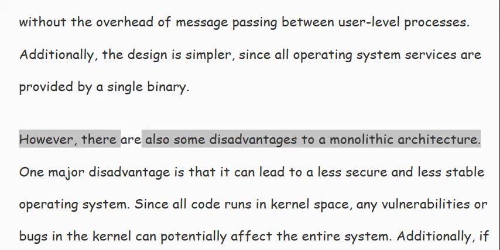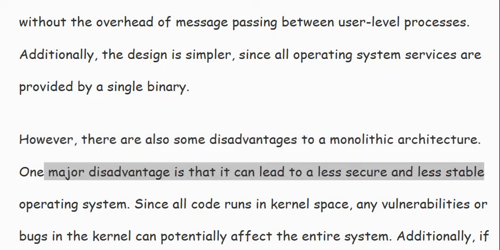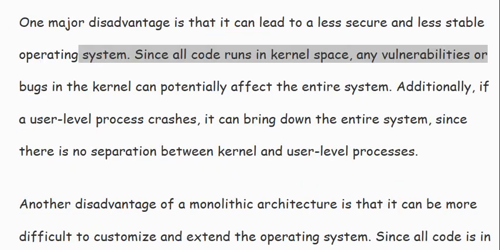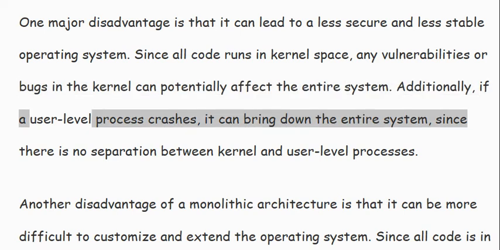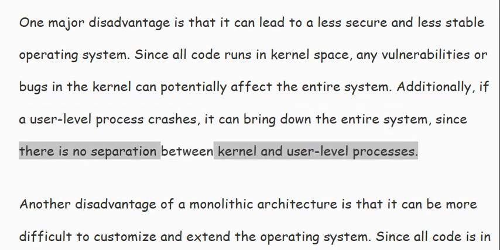However, there are also some disadvantages to a monolithic architecture. One major disadvantage is that it can lead to a less secure and less stable operating system. Since all code runs in kernel space, any vulnerabilities or bugs in the kernel can potentially affect the entire system. Additionally, if a user-level process crashes, it can bring down the entire system, since there is no separation between kernel